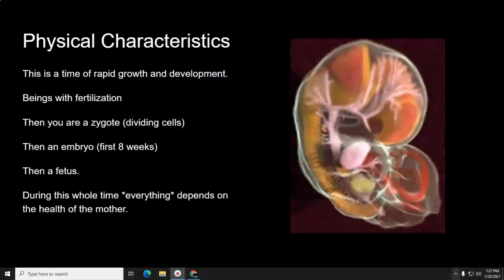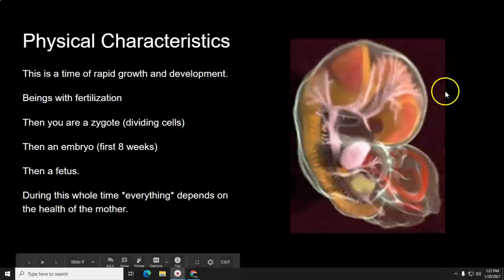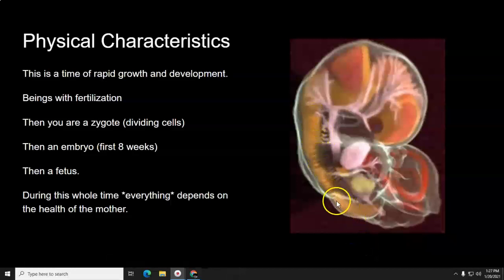When you look over here to the right, you see an embryo. It is a very, very young, early stage of development. And you can see there is the spinal column, and see there's a little tail. That little tail goes away mostly. Sometimes people keep their tails and they might be born with a short tail, but that's usually amputated if that's the case. And then you can see the pink parts, which is the nervous system starting.